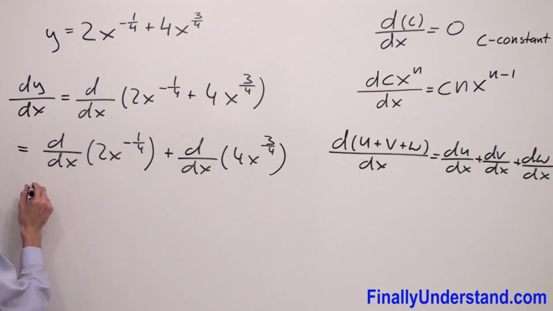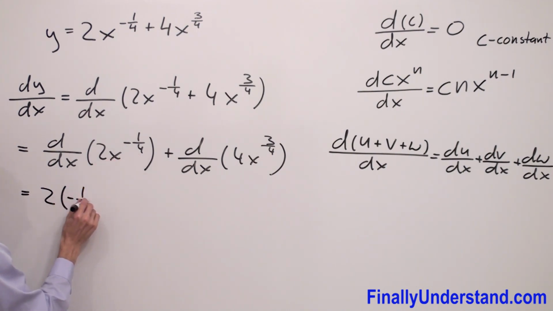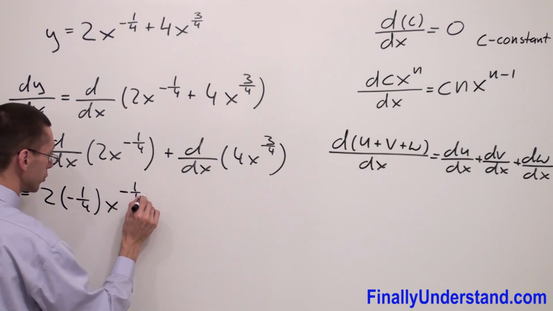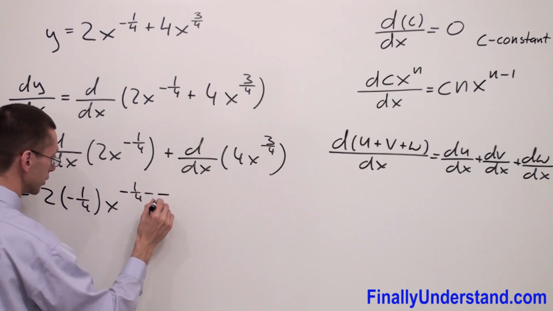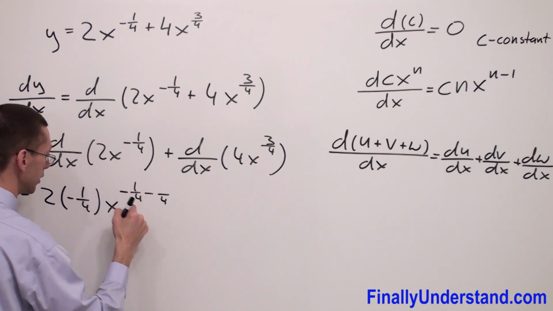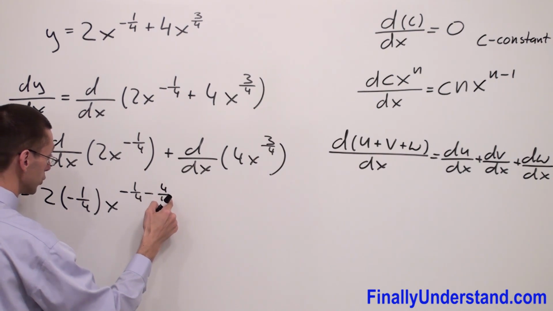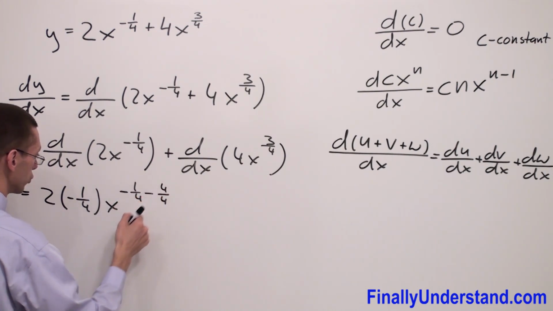So this is equal to my constant 2 times my exponent negative 1/4, x to the negative 1/4 minus 1. Keep in mind that we are dealing with fractions, that's why you're supposed to write the fraction over here. The common denominator is always the denominator from your original fraction, from your exponent. And in order to make it 1, you're supposed to make sure that the same number which you are going to write in the denominator has to be in the numerator. So n minus 1